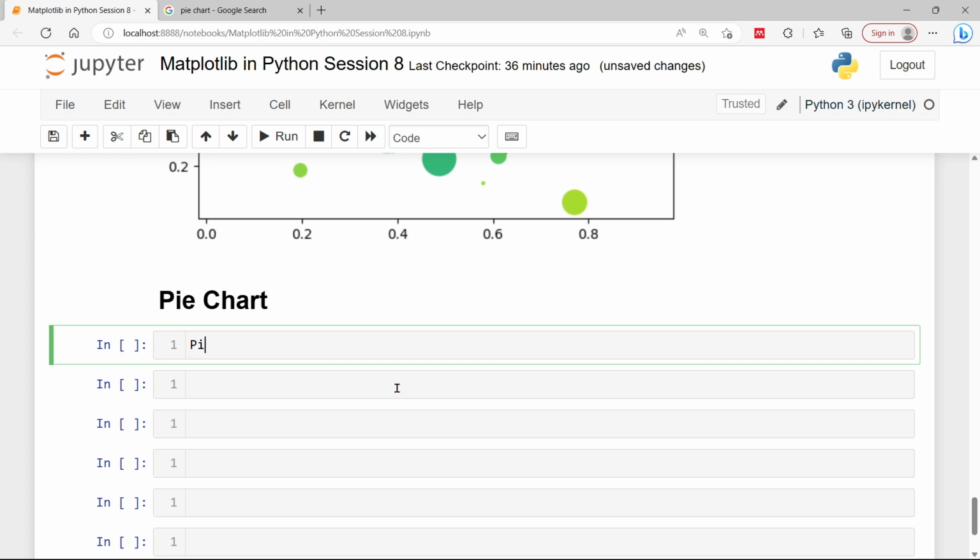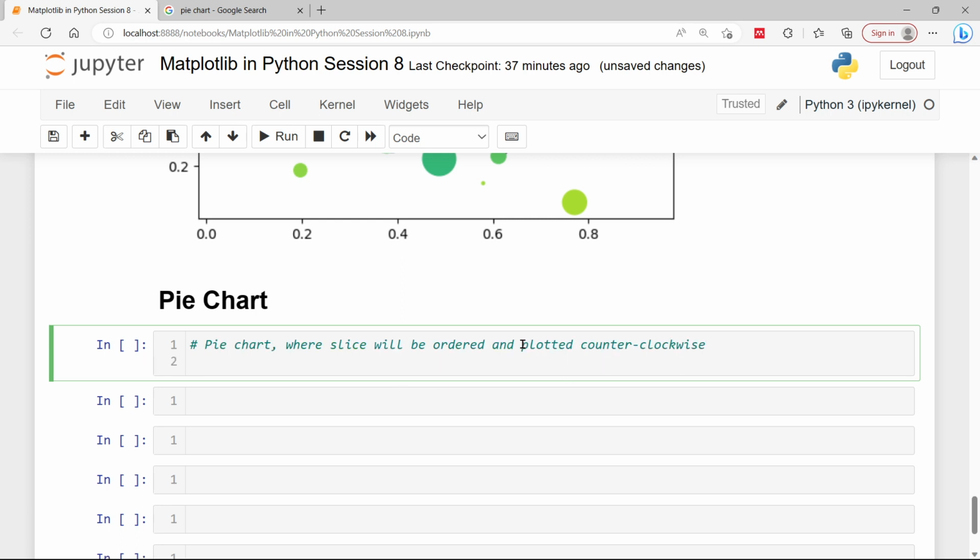So let me create a pie chart, where slices will be ordered and plotted counterclockwise. I will explain what a slice is, what ordered means, and what counterclockwise means. One by one, I'll explore all these technical terms and illustrate them using my pie chart depiction here. So let me write, first and foremost,